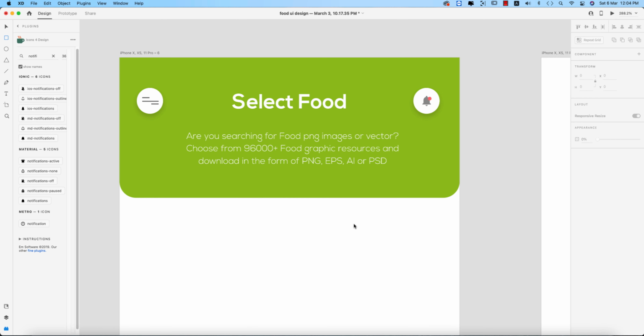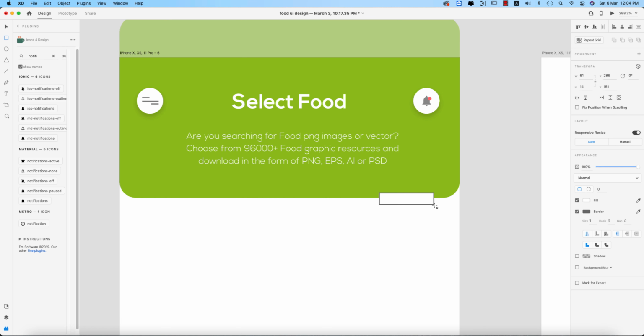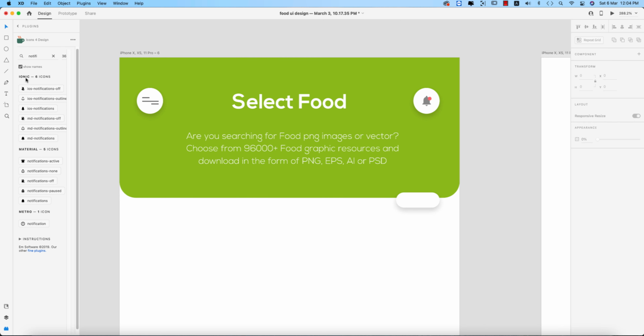So going to the rectangle, at first drawing the rectangle a little bit like this, turning off the border, giving some shadow in the downside, and then I'll make this like that, and making the element according to this notification bar. Okay, and from the icon for design, I'm just choosing the icon, that is the